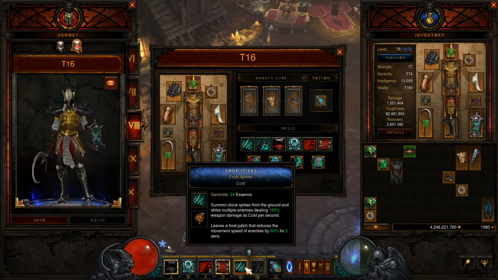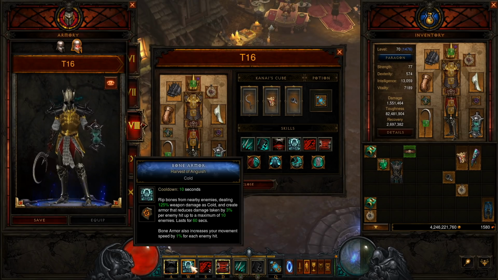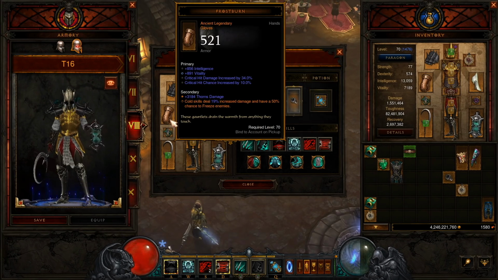We get the slow off this on anyway, so the initial slow will proc the first part of Crispin's even if we don't get a freeze. If we freeze, we get the triple Crispin's. Same for Bone Armor, it's a cold skill, so this will give us a 50-50 freeze chance, which is pretty good. Now, the mages will dump stuff anyway without the freezers being up, but obviously it's just more damage and